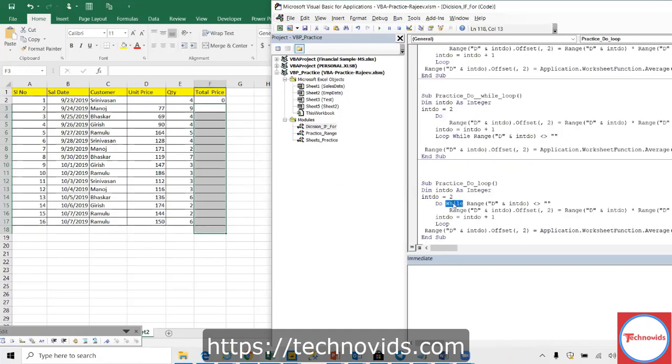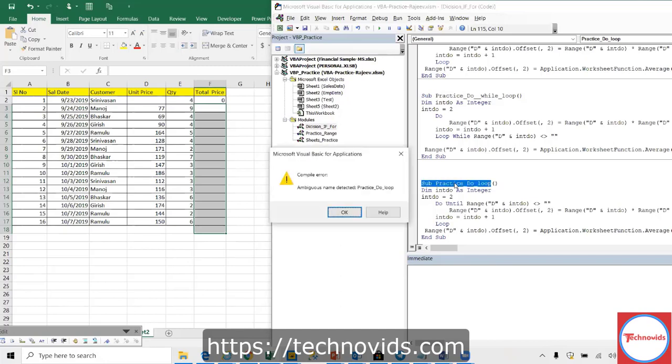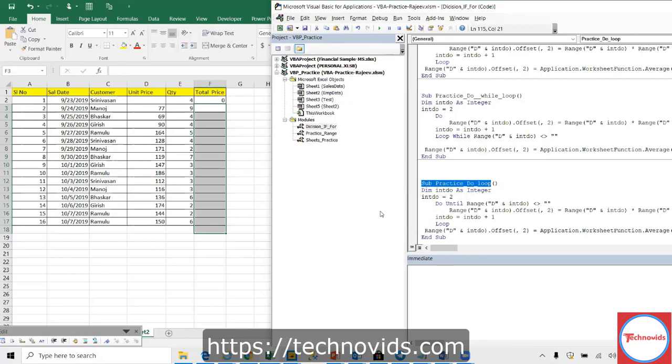Instead of this, here, do until this is not equal to this one. Let us try to execute. Let us see what happens here, right? Wait, oops, do until. It was an ambiguous name.